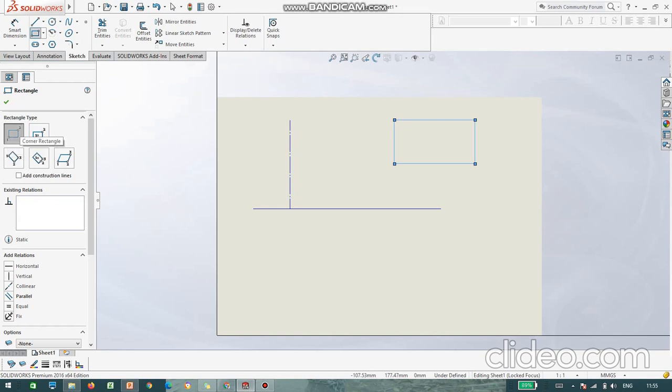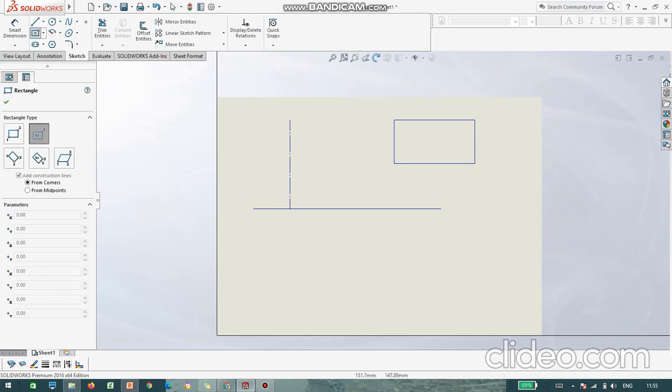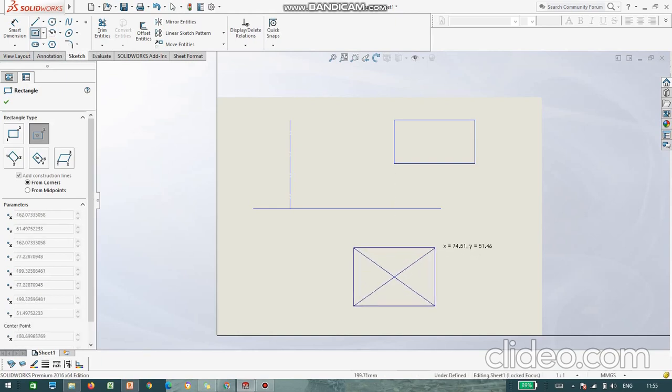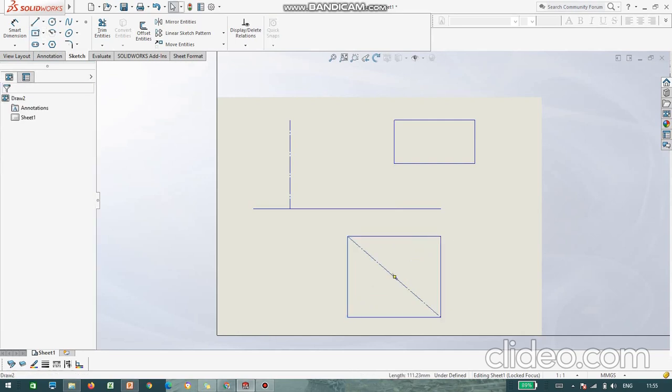That is called corner rectangle. Next we have center rectangle. To draw it, we need a center point and one corner.